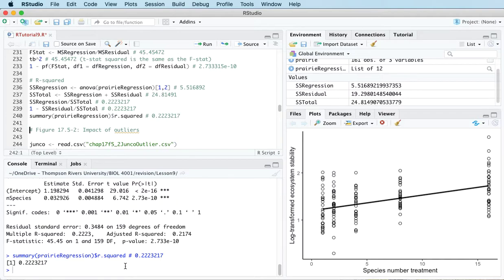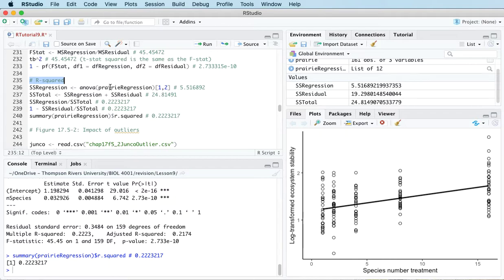And so a better model will be able to account for a higher proportion of the variation in the response variable, and a worse model is not able to account for as much variation. So it's a useful number to calculate and to report on,